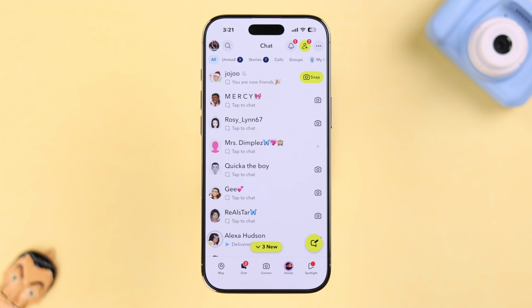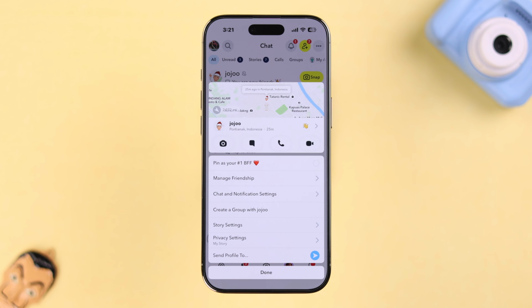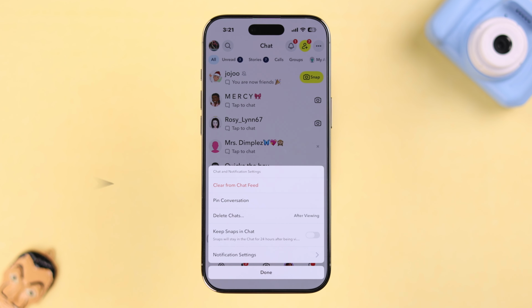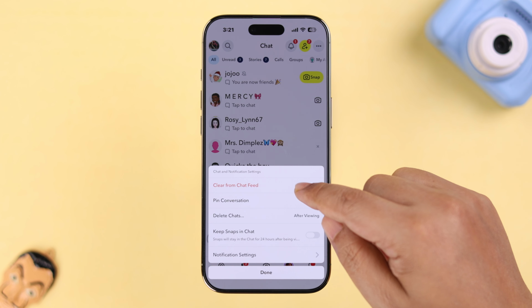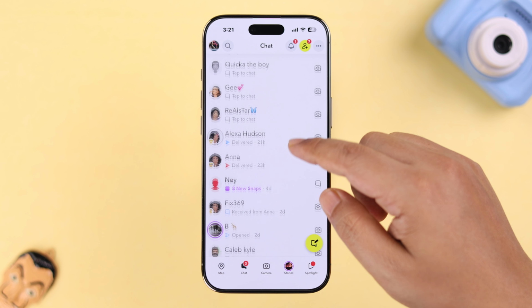If you want to quickly hide the entire conversation all at once, just tap and hold on it, the chat and notification settings, and then you can hit clear from chat feed option. And then hit clear, and the entire conversation will be hidden from here and will remain hidden unless they or